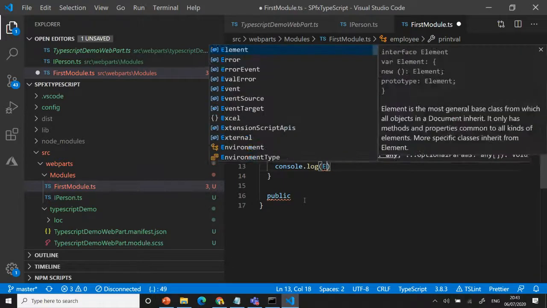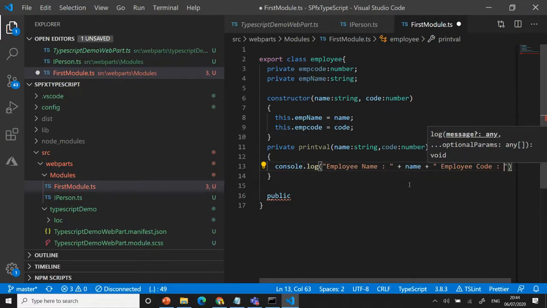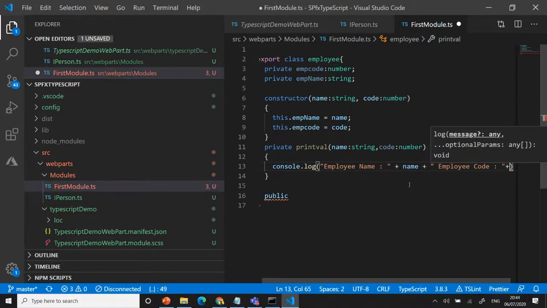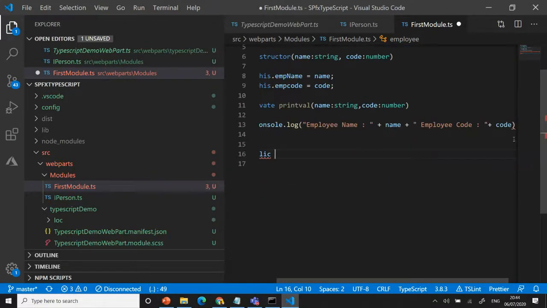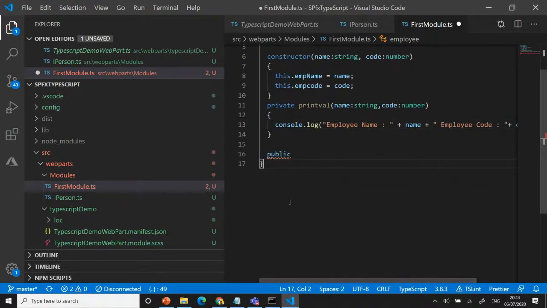For example, I'm using employee name, then I can use the variable name there, and we can use one more part, employee code. I use the code, plus code. Likewise, we can pass the value there. Whenever a constructor is built, it will automatically bring the value here. This is a public method, you can access it from there. Print from function.